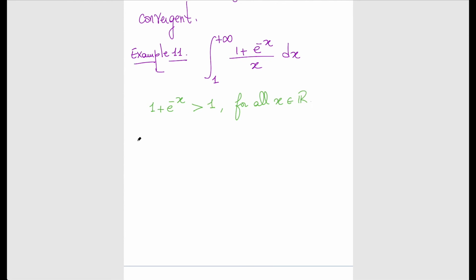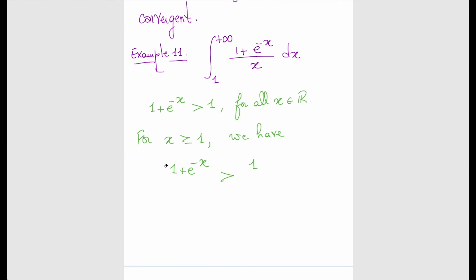Now, for x greater than or equal to 1, we have 1 plus e to power negative x divided by x. Since the numerator is greater than 1, and the denominator is positive, because x is at least 1, certainly positive, you get that this is bigger than 1 over x, right? So one more time,